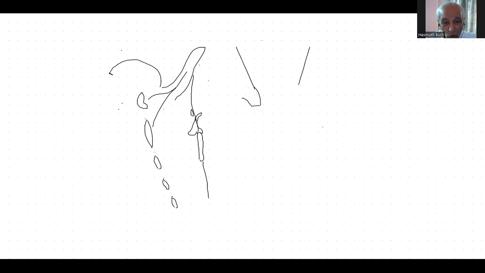Vestibular fold, the vocal fold, like this. And similarly on the other side. But this is the mucosa.